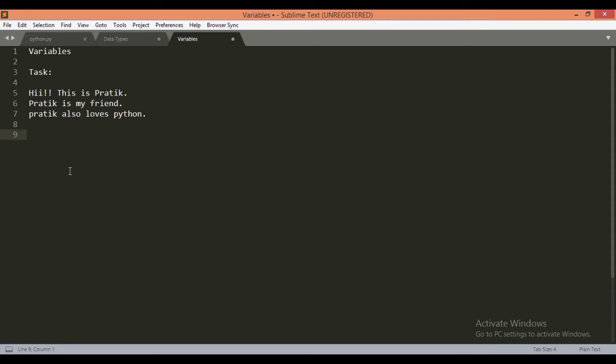We assign names to the variables by which we can call them and retrieve data from them. So we will name this variable name1. Let's store Pratik here, and then, to type the above sentence, we will print "hi, this is". Now we have to add this variable in this print statement. We can add this using plus